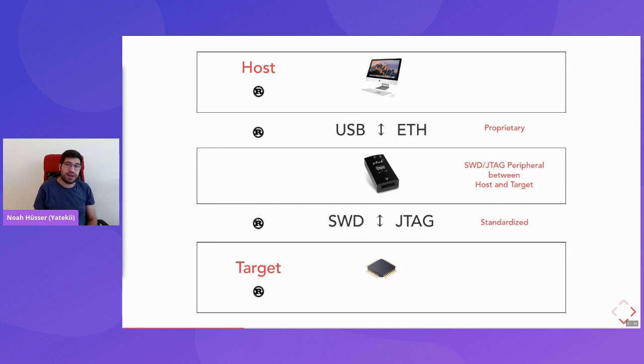And of course, we have been writing Rust software on the target in the form of firmware for a long time. And now with Probe RS, we have also implemented those interfaces in Rust too, SWD and JTAG, and of course the host side interface to talk with the probe. And of course, we have written a lot of software that is running on the host, so this is Rust too. And the only missing piece really is the probe, which is still proprietary. And on the host, of course, there is a whole stack of applications. I have listed them a few slides earlier that you normally